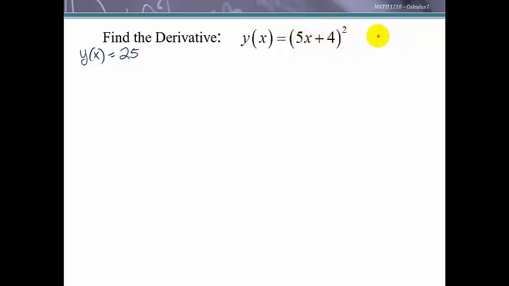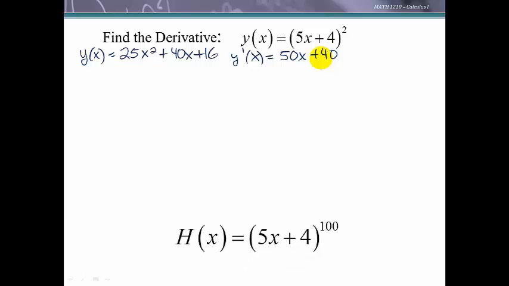(5x + 4)(5x + 4), multiply those together, get 25x squared plus 20x twice, so 40x, plus 16. Now we would have a polynomial and it would be easy for us to find the derivative. We've got the power out in front multiplied by the 25 is 50x to the first as we decrease the power by 1, plus the derivative here would be 40. So not hard to do if we just multiply that out, turn that into a polynomial, and then take the